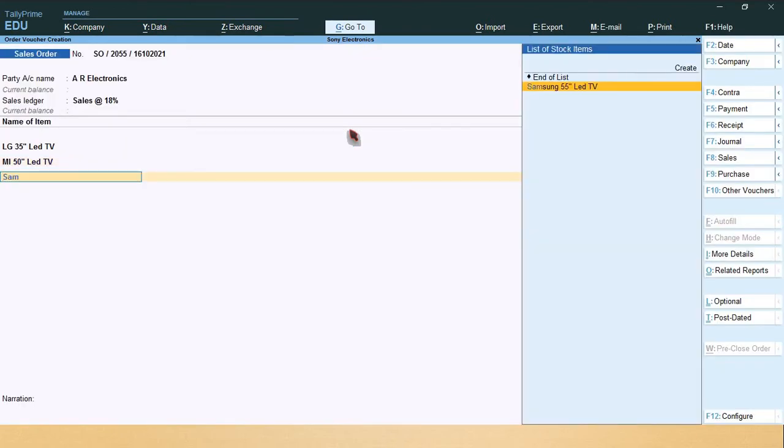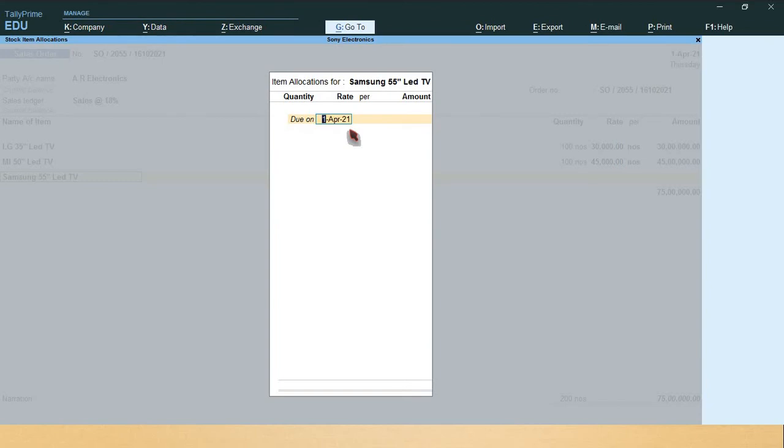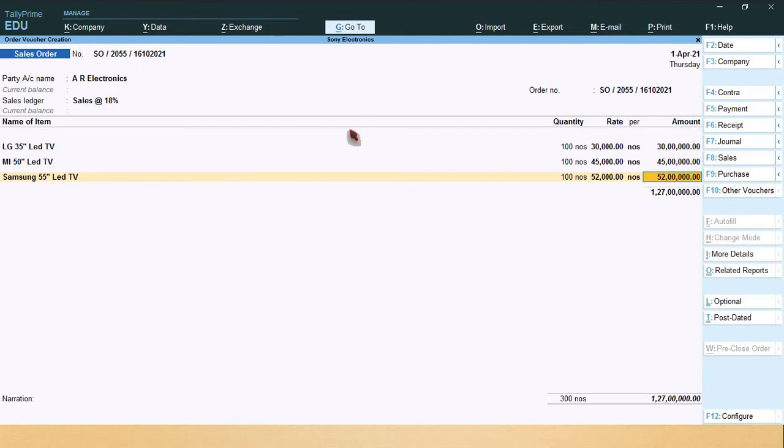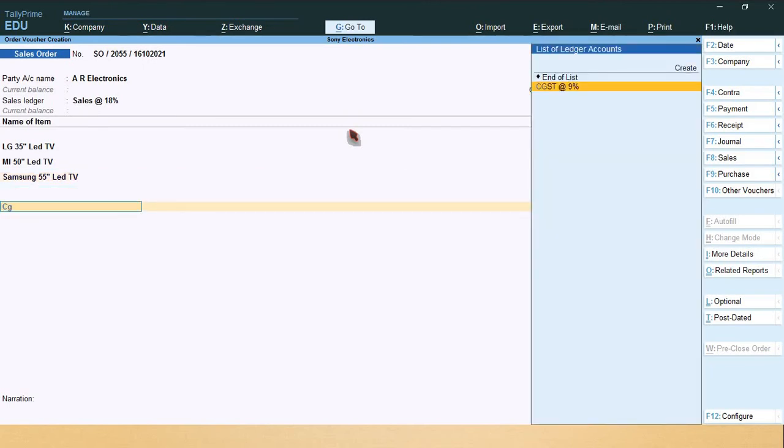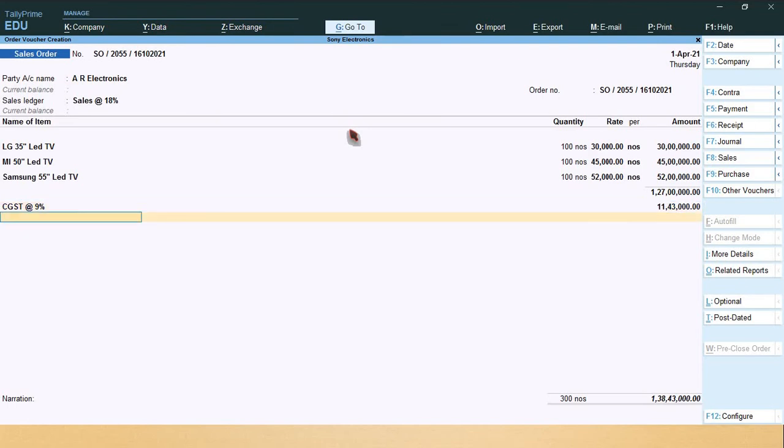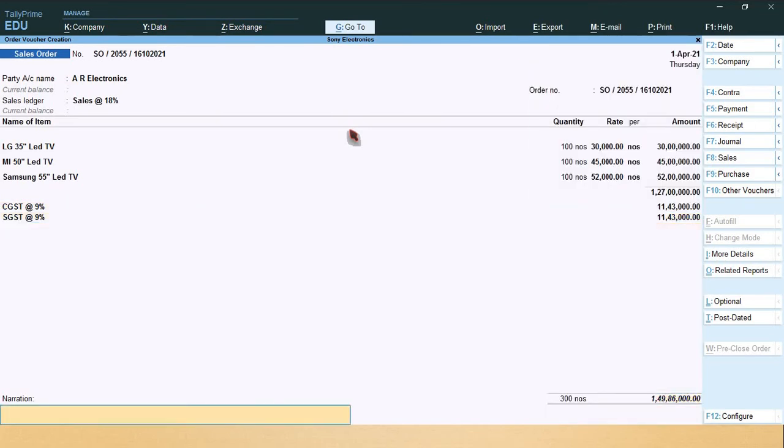Next, Samsung, 30 days, 100 numbers, 52,000. So select CGST, select SGST and accept.